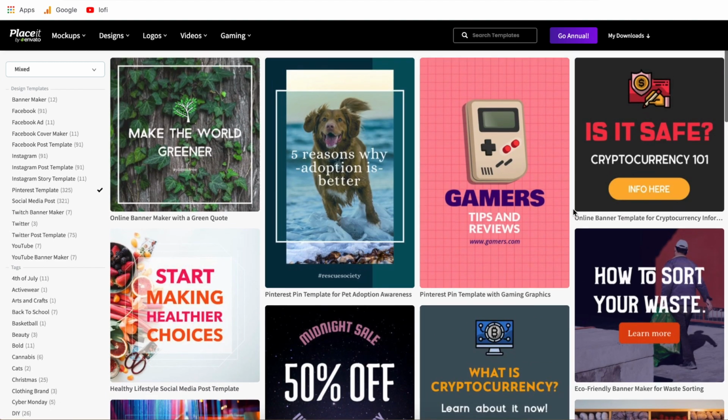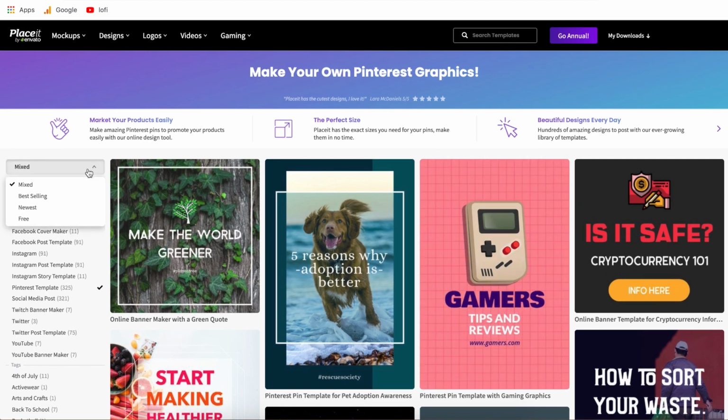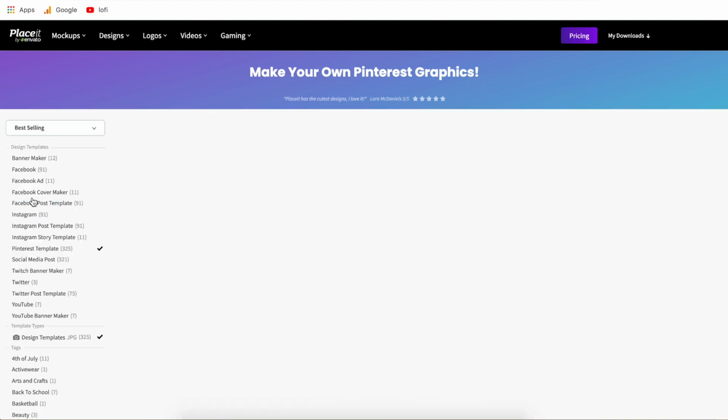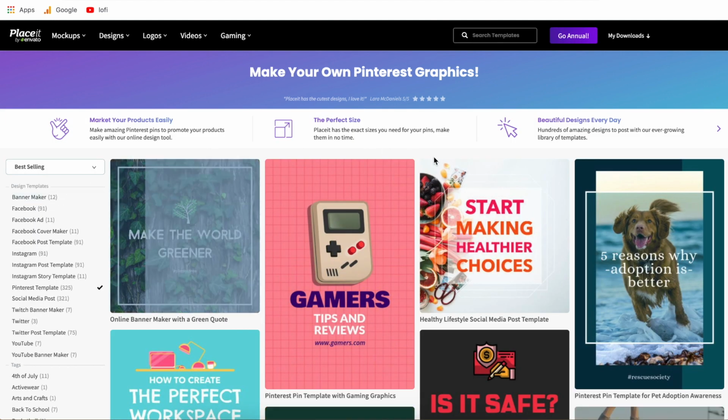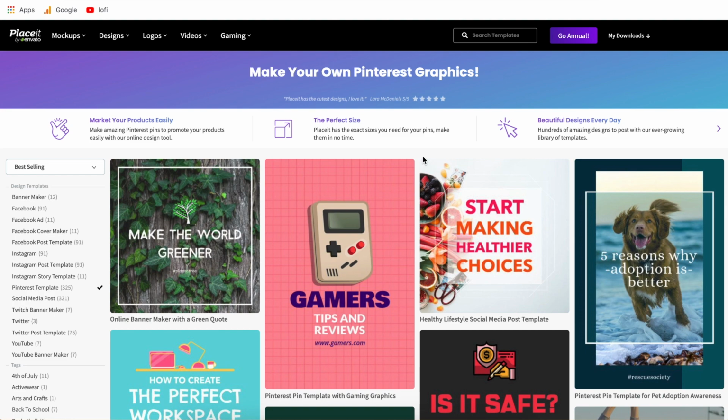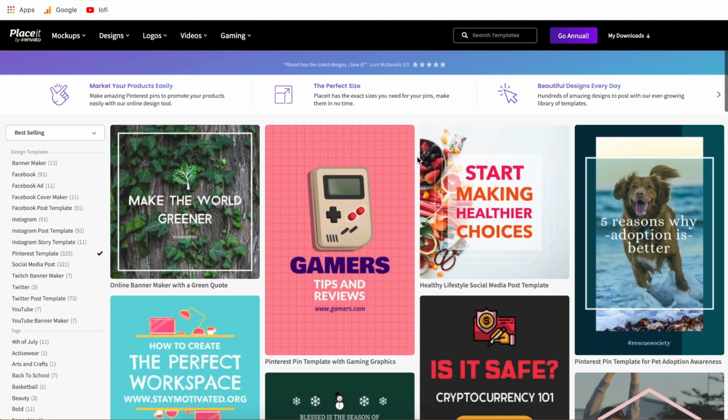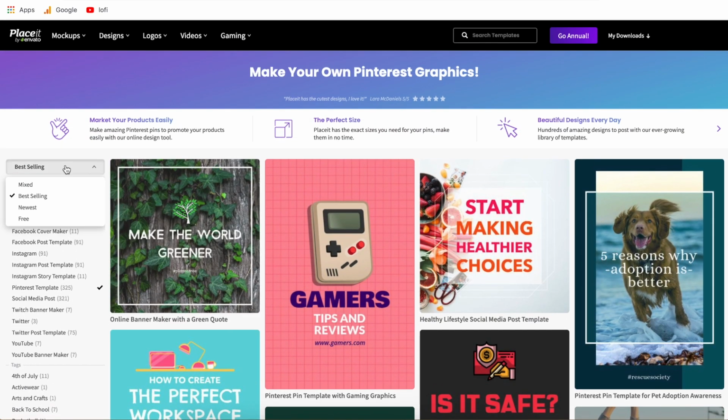Now the other really big tip that I can pass on to you is use this little drop down on the left side. You can sort it by best selling, which is going to show you the most downloaded templates, which are typically across the whole site of Placeit, going to be their best looking templates. However, one of the other really good things you can get out of this left side drop down is the free category.